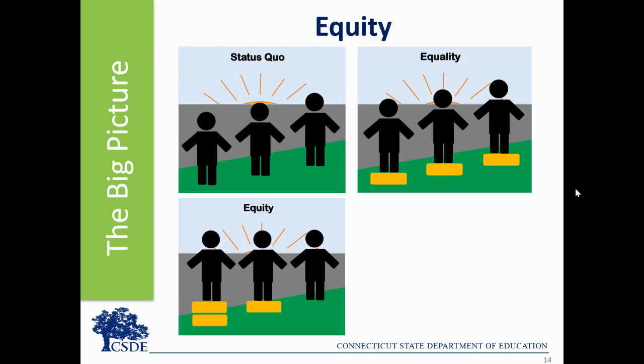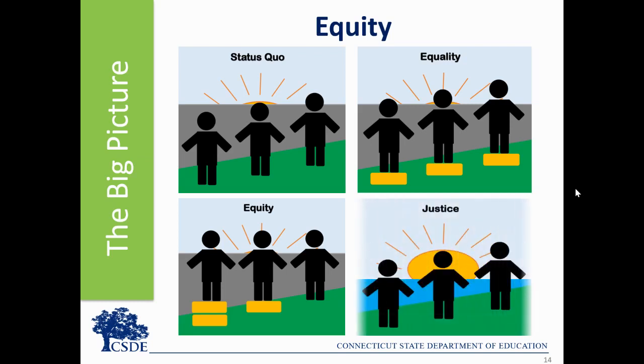Working for equity should be the minimum standard for improvement efforts. The goal is all students succeed. Let's take the idea of equity a little bit further. How do we bring justice to education? When we break down systemic barriers and replace them with systems that are built to meet the needs of diverse learners, then we create an environment of opportunity and access that supports the success of all students.